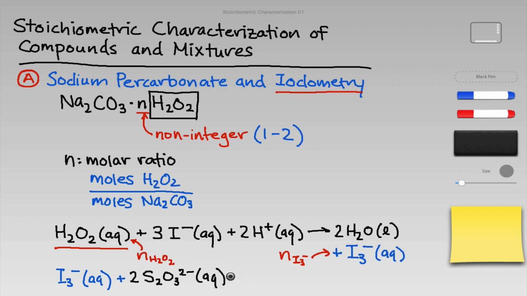And this simply undoes that oxidation of the iodide to I3- and forms 3 I-, or iodide anions, and an oxidized version of thiosulfate,